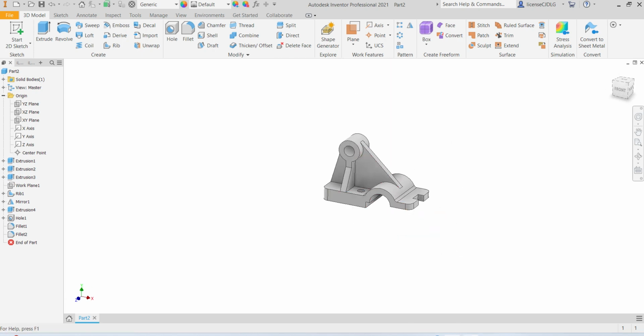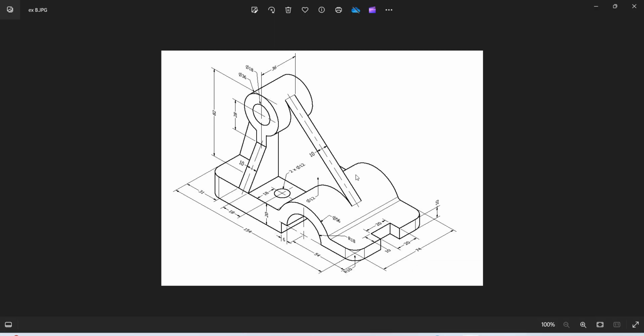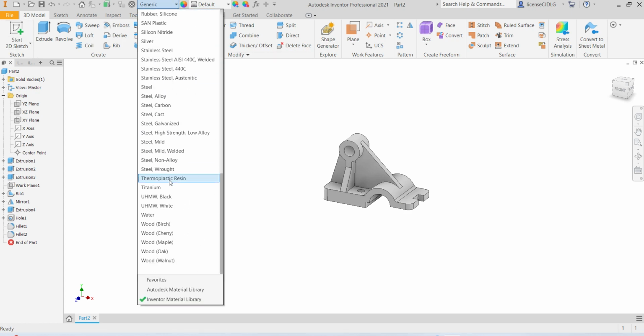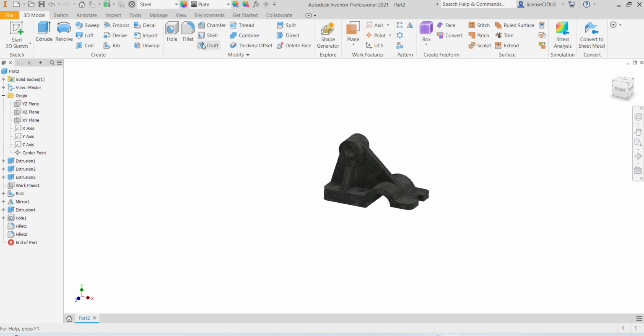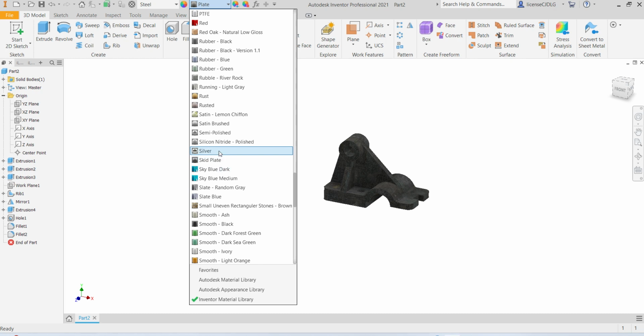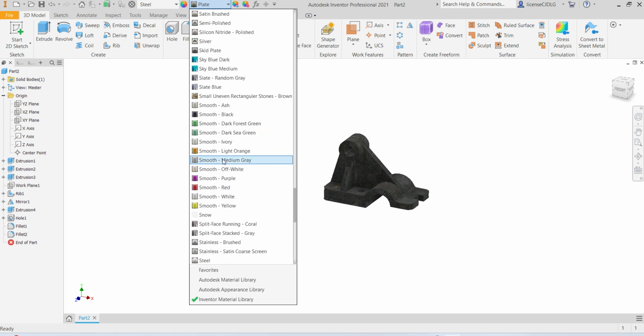If anything is missing, please let me know in the comment box, friends. All the features are completed. So now we can assign the material here. Go to steel. In the steel we can give some